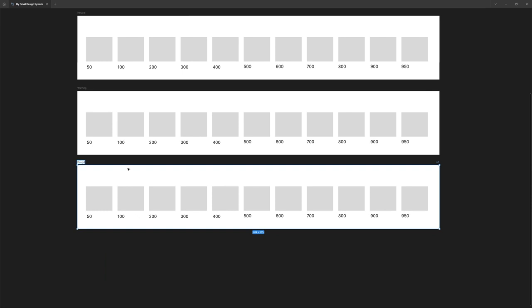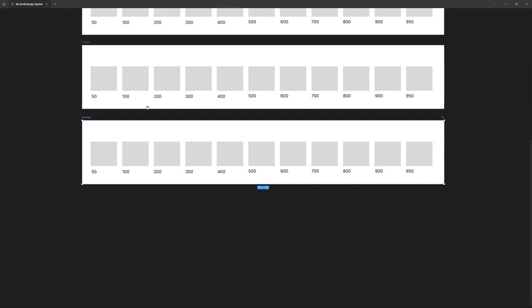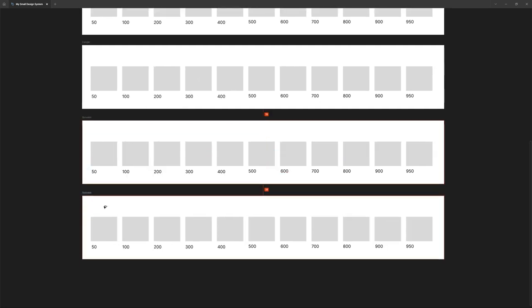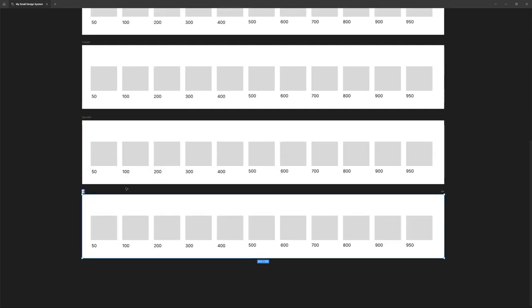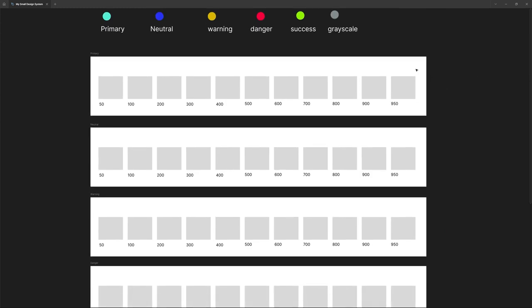So danger, next we would have is a success. Change there to success, and finally we are going to be creating for the grayscale as well. So let's just create a grayscale, and that's done. So now that we successfully created our palette, the next thing that we have to do is